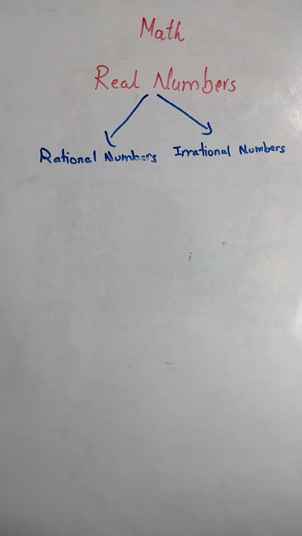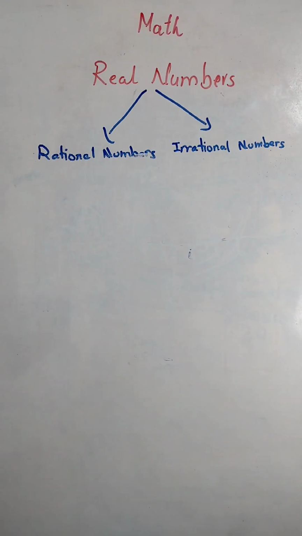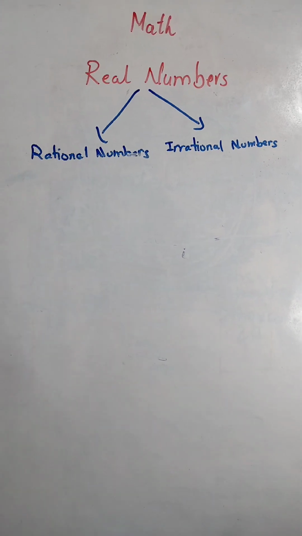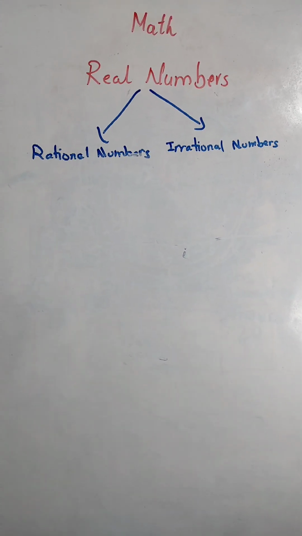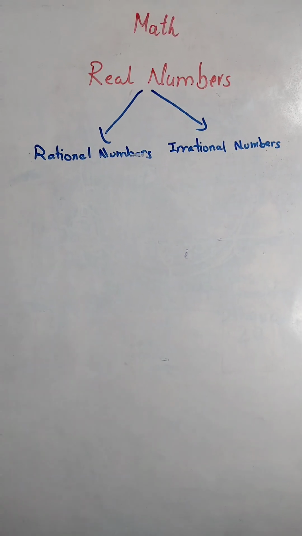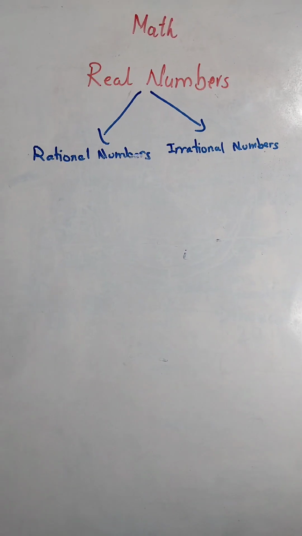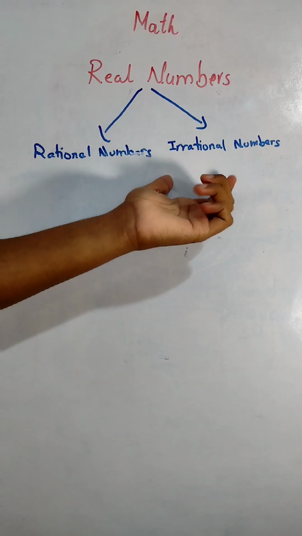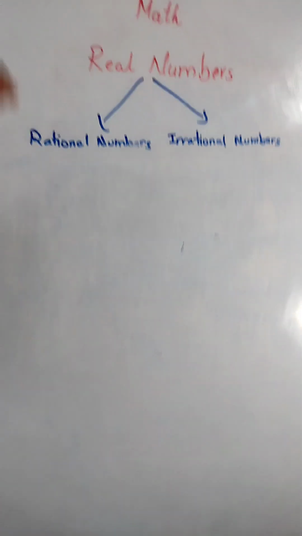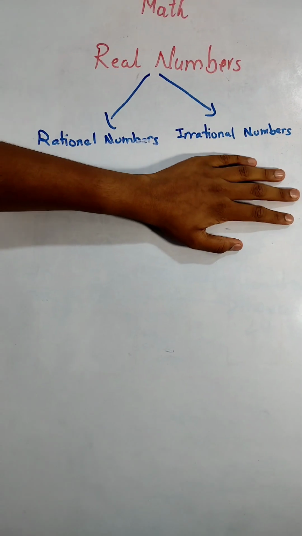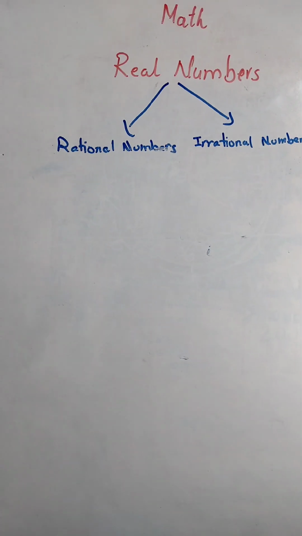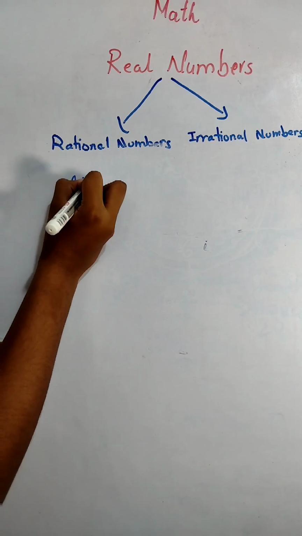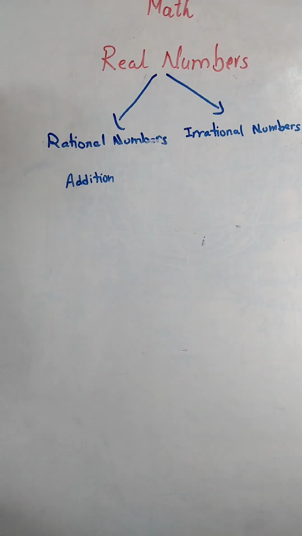Okay, so we've understood how to mark rational numbers on a number line. But how can we apply operations on these numbers? That is, how can we add, subtract, multiply, or divide with these numbers? So let's take a certain situation, because we are working with real numbers here, and real numbers we know are rational and irrational both. So if you are working with real numbers instead of just irrational numbers, then we can take it in such a way. Let's take addition. In the case of addition for real numbers,